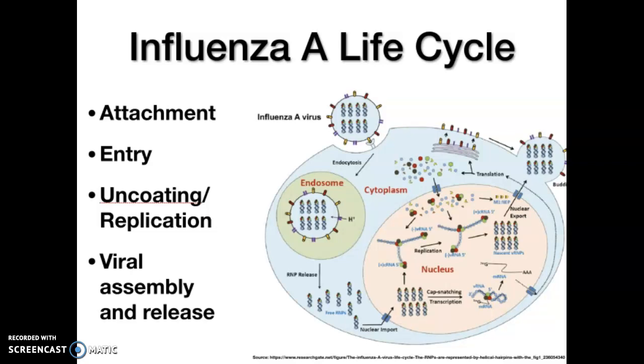Replication of the genome does not require a primer, but instead the viral RNA-dependent RNA polymerase initiates RNA synthesis internally on the viral RNA. After transcription, the viral ribonucleoproteins exit the nucleus through the nuclear pores via a mechanism that isn't fully understood. It's hypothesized that M1 might bind to the negative sense viral ribonucleoproteins, as well as binding to